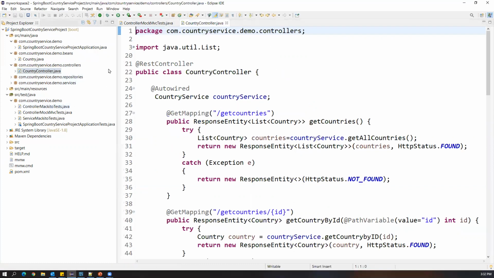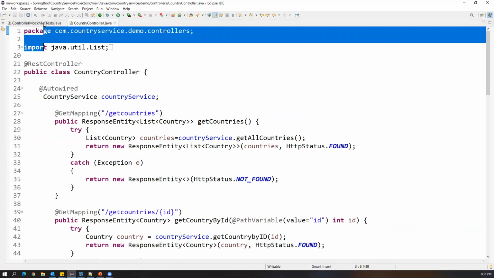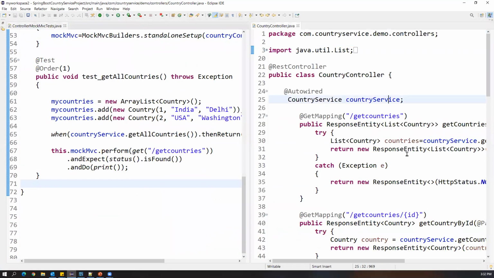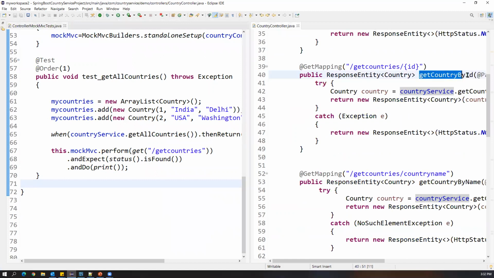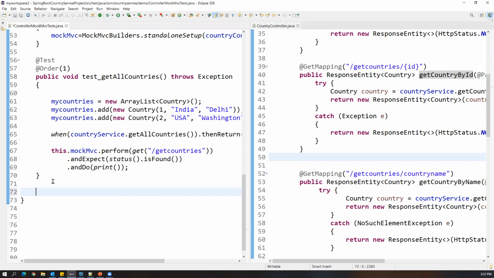Let us try to open the controller method once again. In the country controller, we have one more method called get country by ID. Now let me show you how to write a test for the get country by ID method. So let's create one more unit test method, test_getCountryById.